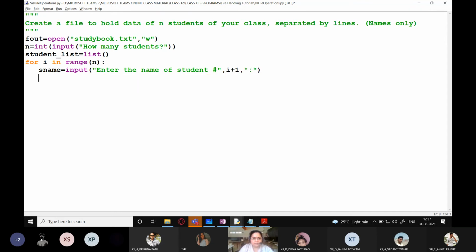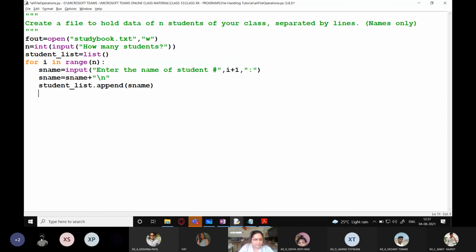These are ways in which you can improve your output, right? Now the s name has to be separated by lines, so s name equals s name plus backslash n character, that is new line character. And after this, I'm going to write student list dot append s name.